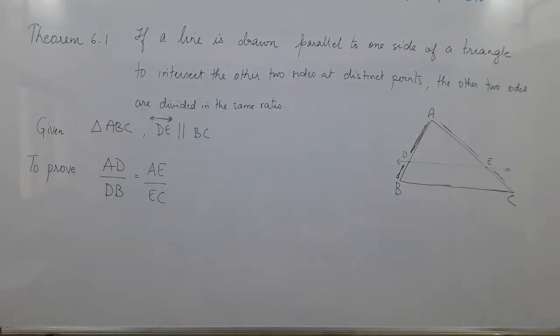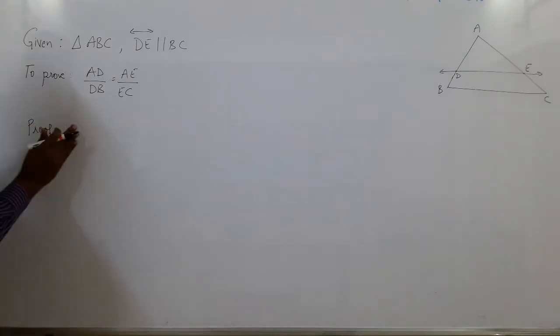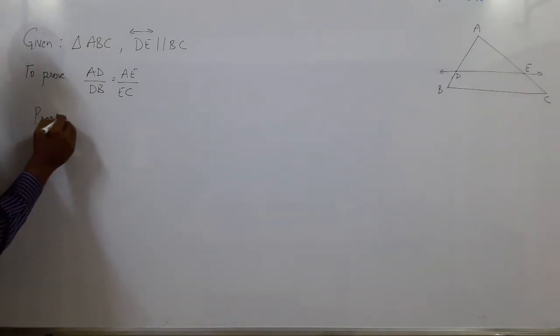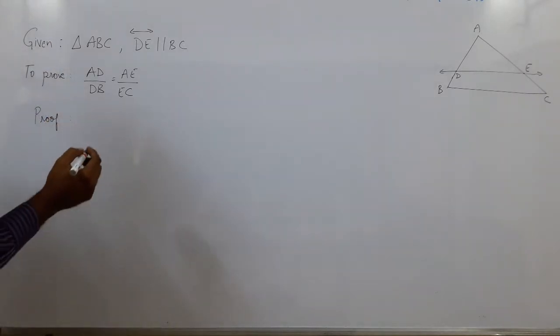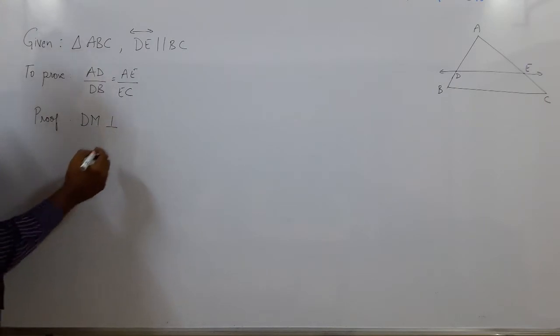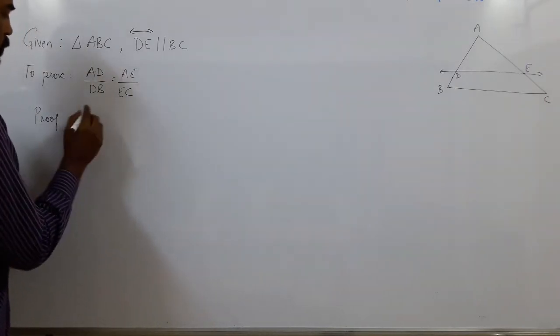Now I will have to rub the board to give the proof. So I will draw the diagram on one side, and we'll move on to the proof. I have made some space on the board, so we can start with the proof. What will we start with first? There is something you need to do. You draw DN perpendicular to AC. I should write here.